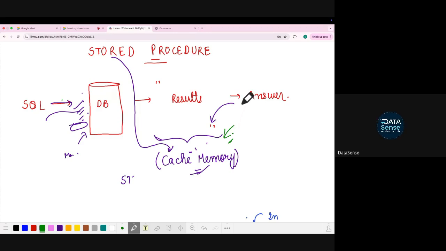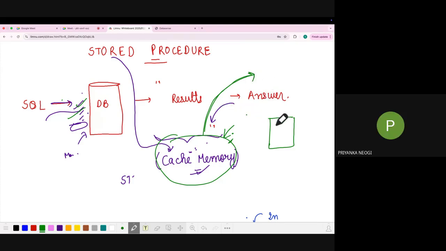Yes. Whenever you call the stored procedure, it will give you the output from cache memory. Whenever you run it the first time, it will execute normally. But once the stored procedure has executed, it will store the result in cache memory, and when you keep on executing, it will retrieve the result from cache memory.